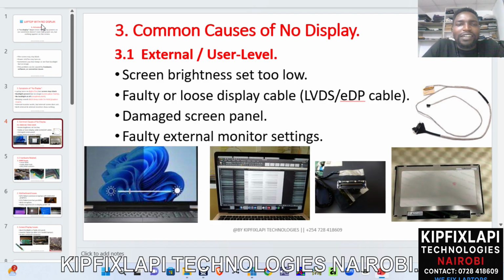That's why it's good to understand. What are some of the factors which cause no display in your laptop? So let's start with the external or user level. Yes. So sometimes you might find that the screen brightness is set too low. Someone else might set your screen too low, and you might not know how to adjust the lighting back,